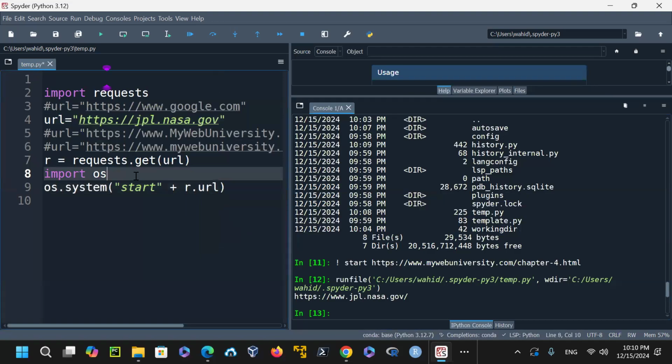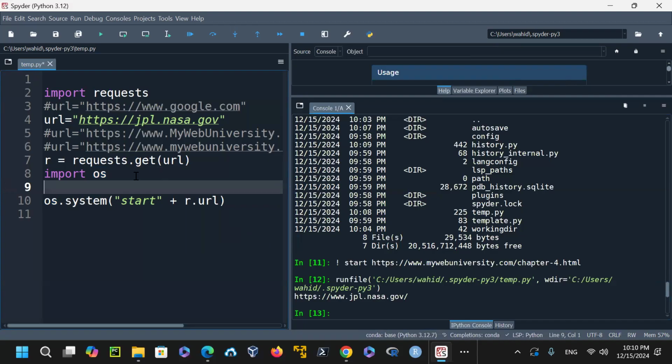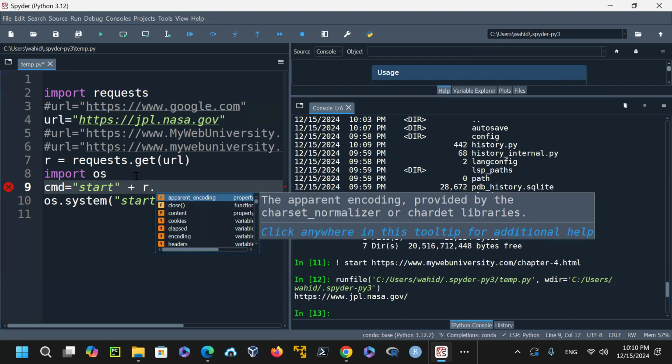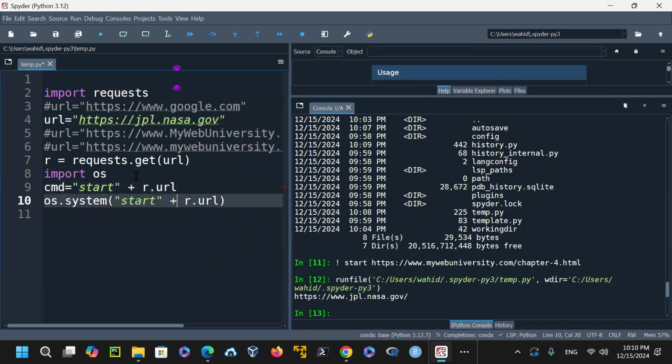That plus is just saying to add this one to it. Rather than that, I could say command is equal, the command is a start, and then the next part adding to it is r.url. So here all I have to do is say start command,